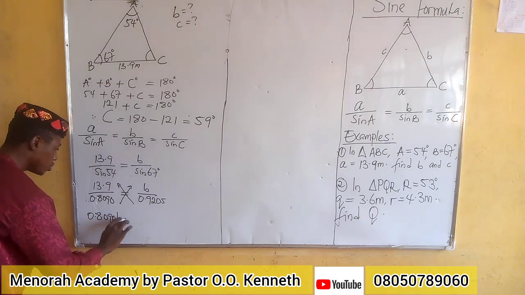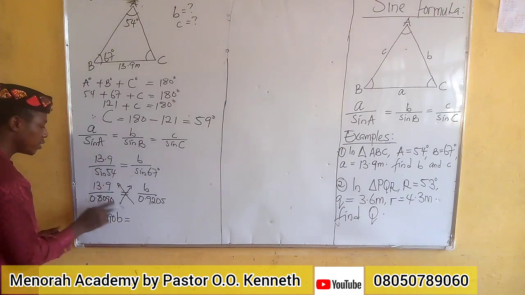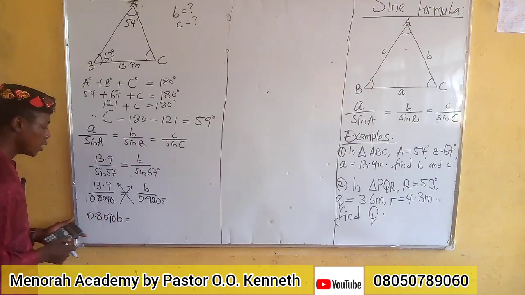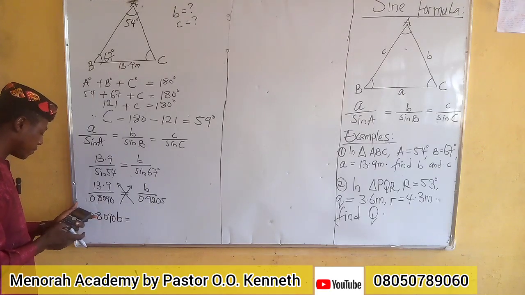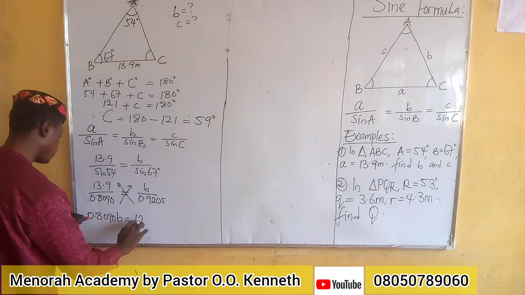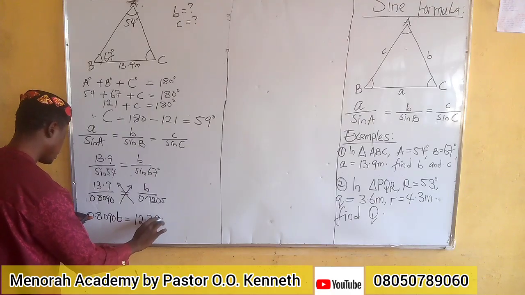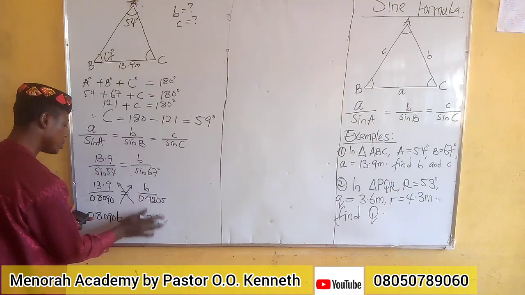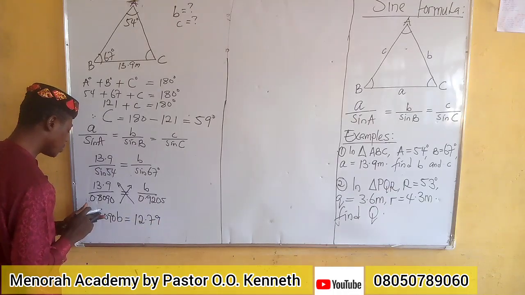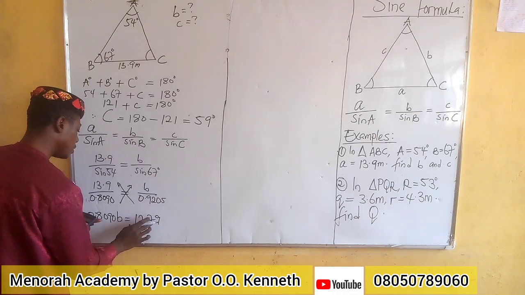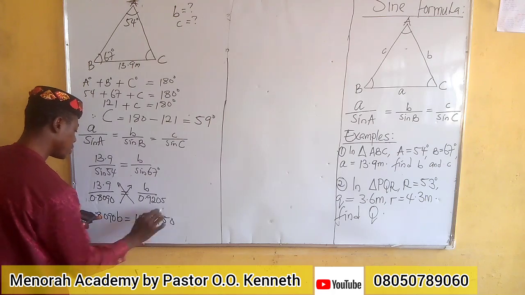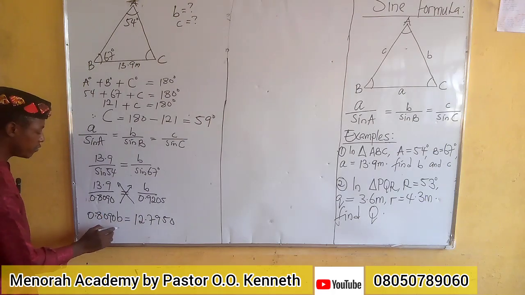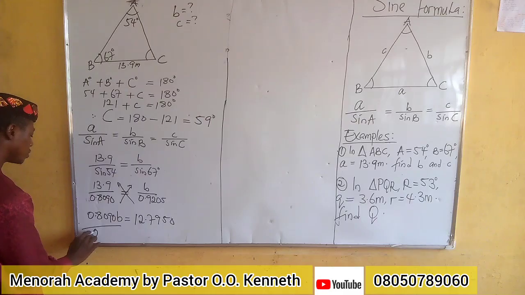which is going to be equal to 13.9 times 0.9205. 13.9 times 0.9205 is going to give us 12.749. If you approximate, it's going to give us 12.950. Alright, so now we are looking for B, so we divide both sides by the coefficient of B, which is 0.8090